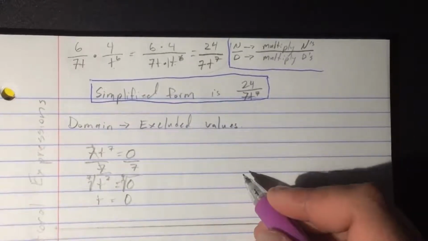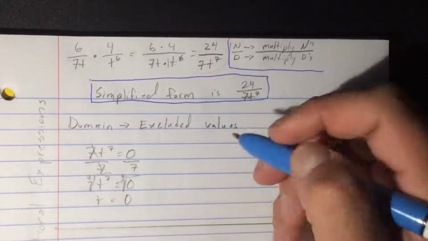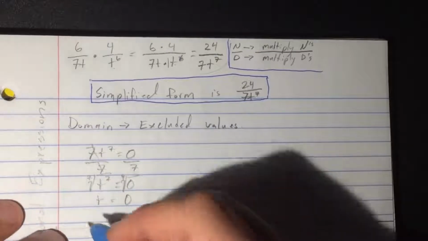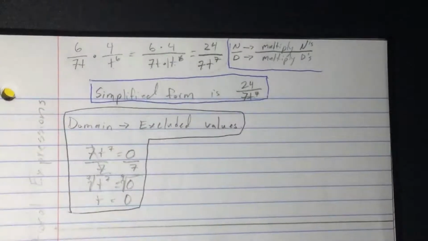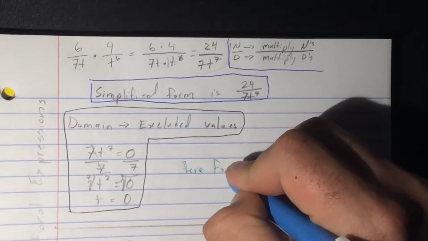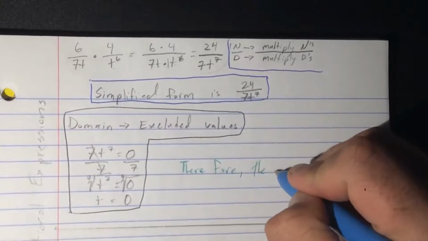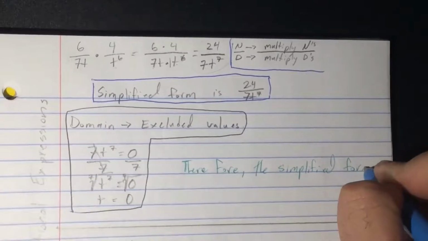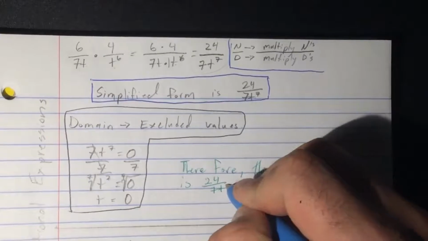So that means our domain, let's do this in a different color. Let's use green to box this up here. This is our excluded value. Then we have, therefore, the simplified form is 24 over 7t to the 7th,